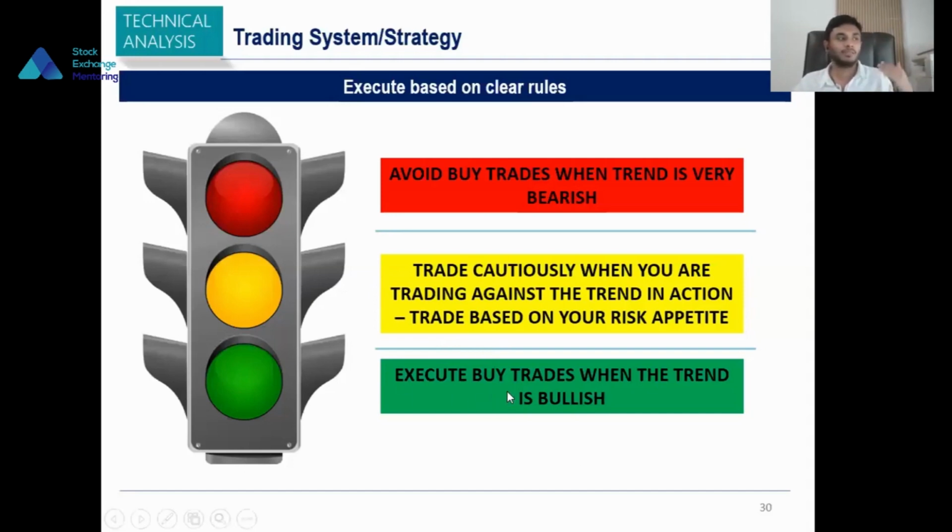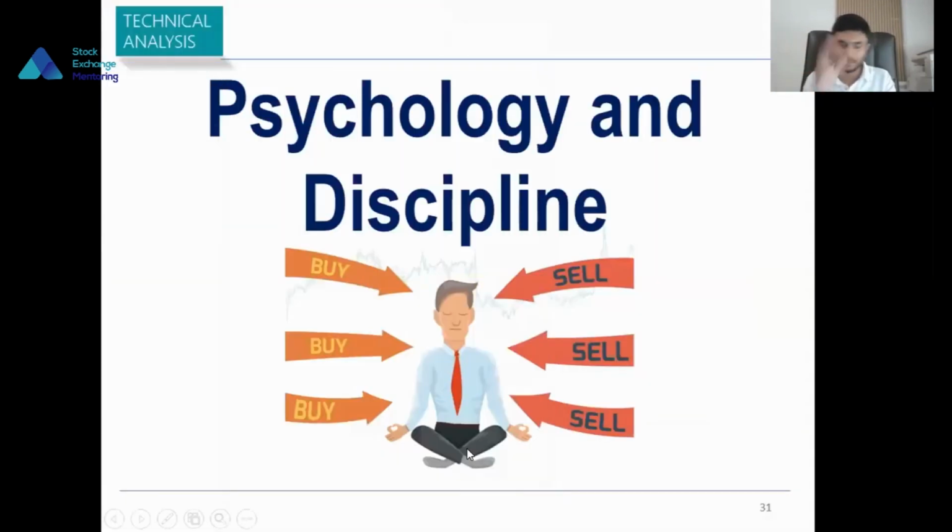And definitely, if the market is very bullish, then of course you can welcome buy trades. How do you find out whether the market is bullish or not? Based on your indicators. And how do you find entry points? Based on your technical indicators. You can find pullback correction points, time the market, and execute multiple trades within that uptrend to maximize your profit. So you see, this clear set of rules will guide you and help you to be a disciplined trader, and you approach the market based on these rules instead of trading impulsively. This is the importance of having a trade plan and integrated risk management.